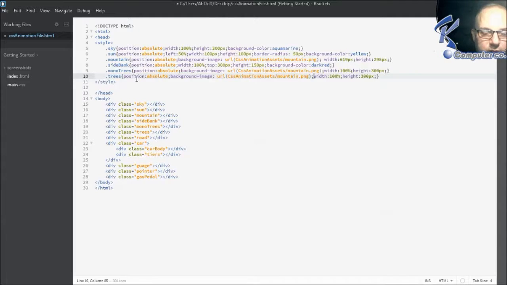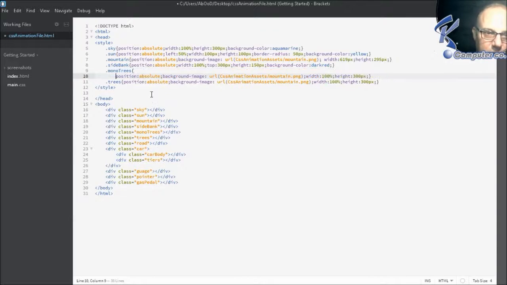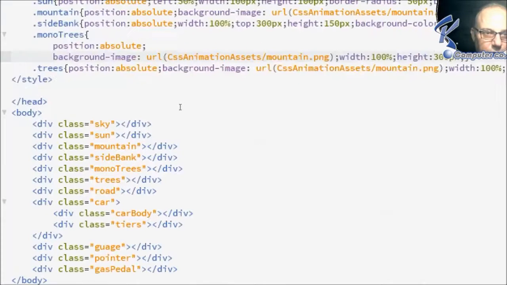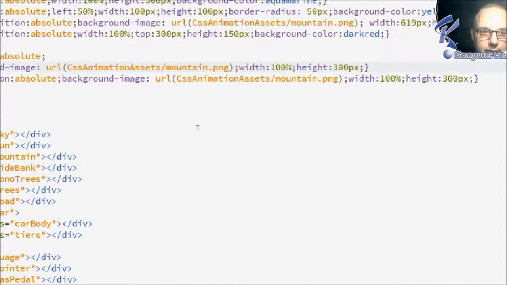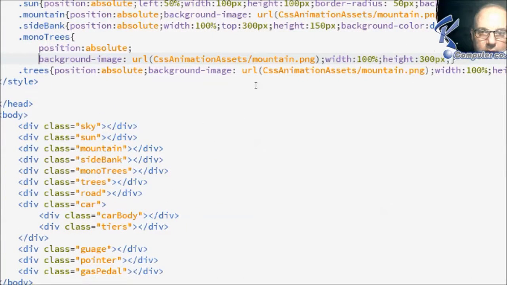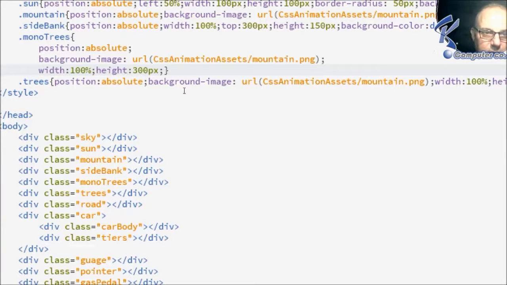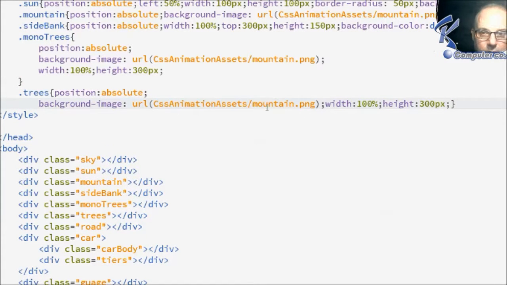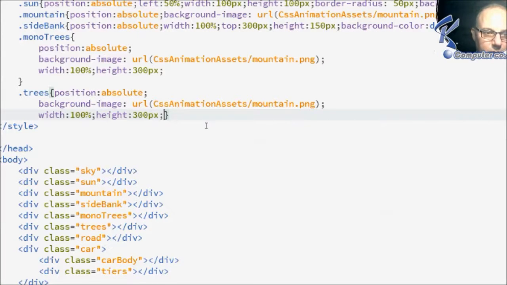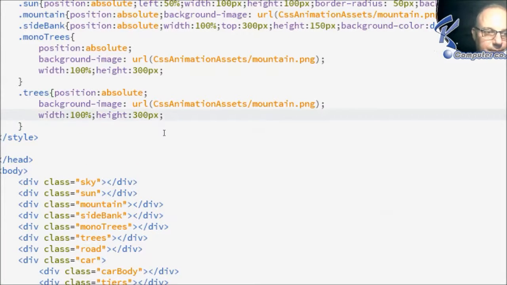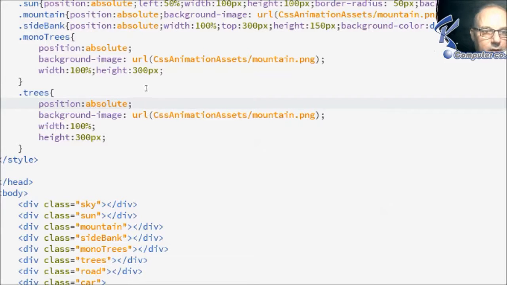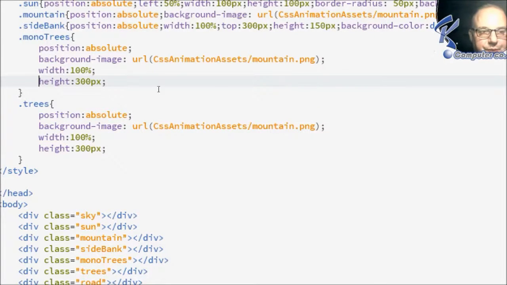For mono trees entry, since it will have an animation, I'll try to break it into multiple lines so it will be clearer. I'll try to zoom here if it is better for you. So this is why I'll break it into different lines so you can still see everything clearly. And that's it. Now for the mono trees,